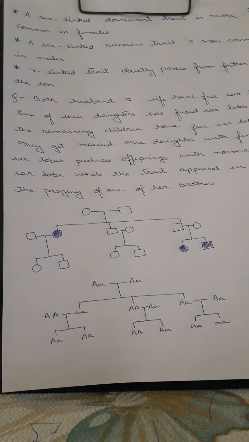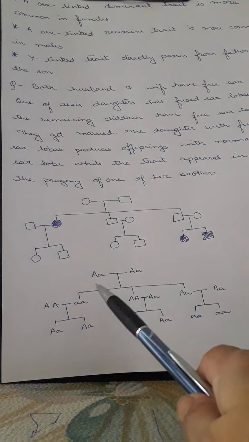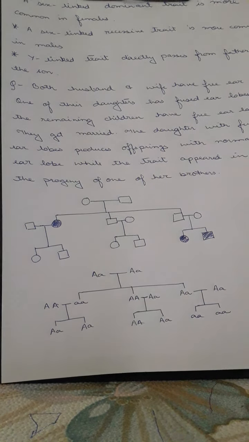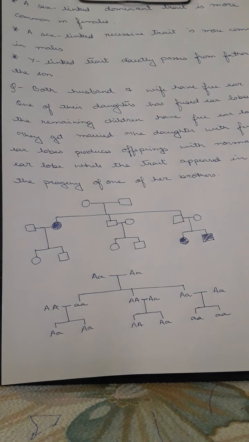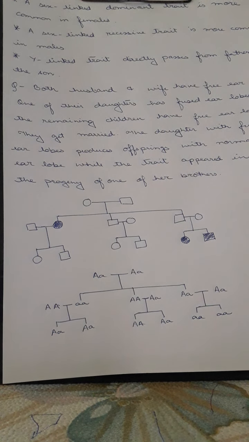That means the parents will have to be hybrids. If these are hybrids, only then can the recessive trait appear here, because skipping is done, isn't it? The first generation is being skipped, that means a recessive trait. And if they are heterozygous, only then the recessive trait can occur here. If it is dominant, then it will not be present. Now here the parents are therefore hybrids, or in the heterozygous condition.